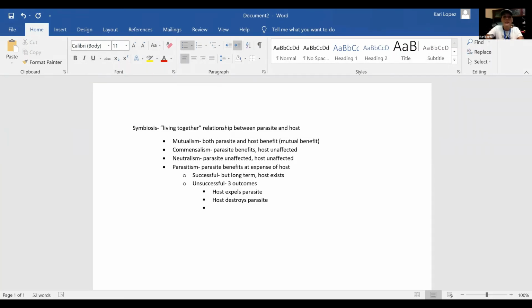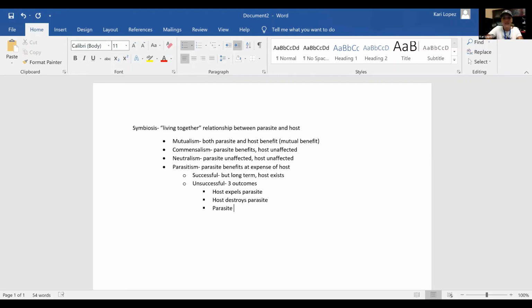And then the next one is the host destroys the parasite. So if you take medication to destroy them, or your white cells go in and take over. What's your big white cell for parasites? Lymphocyte? Not quite. That's going to be your viral. Leukocytes? They're all leukocytes, so it is one of the leukocytes. It's going to be your eosinophils. Eosinophils. I know that. It's in the chapter like 150,000 times. Yep. So your eos. I don't know why it didn't stick out.